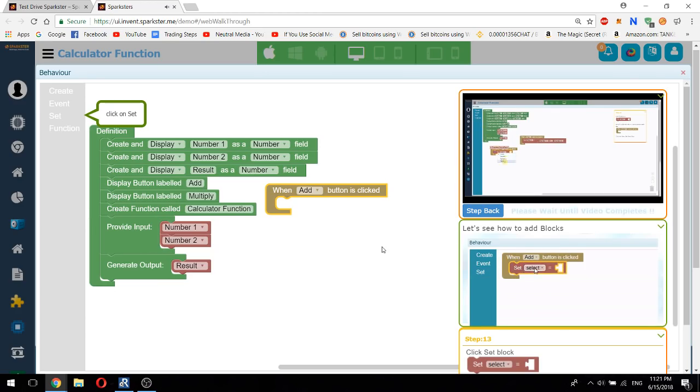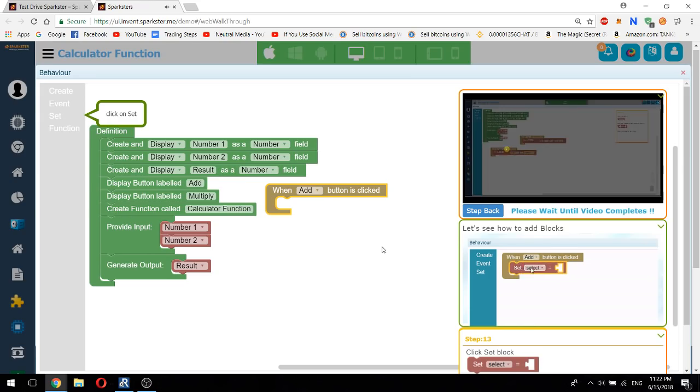So let's do the same thing for multiply. Set result equal to number one, and let's put number two, and we are multiplying them, so it is multiplying. So you got the add button here. The result will equal number one plus number two,